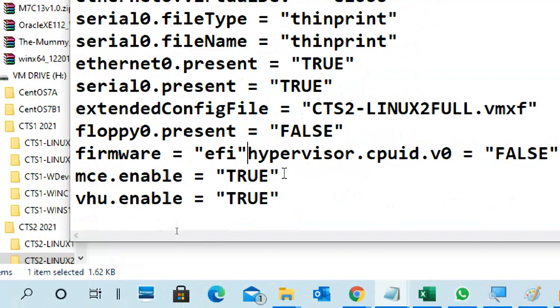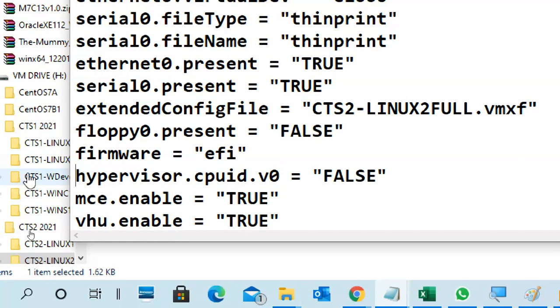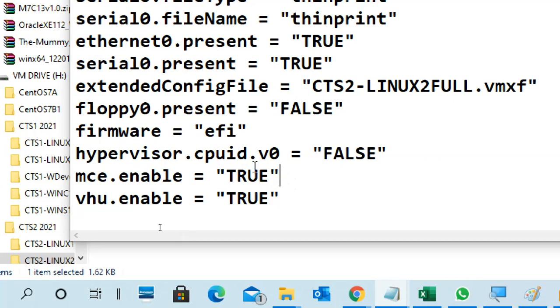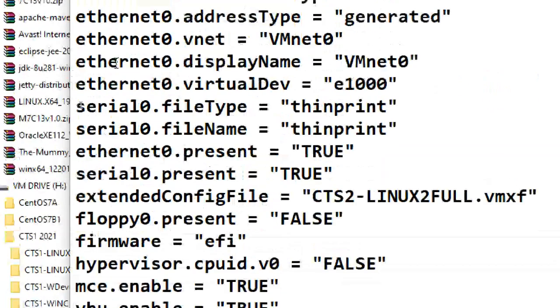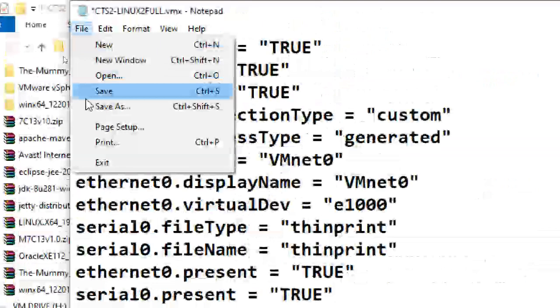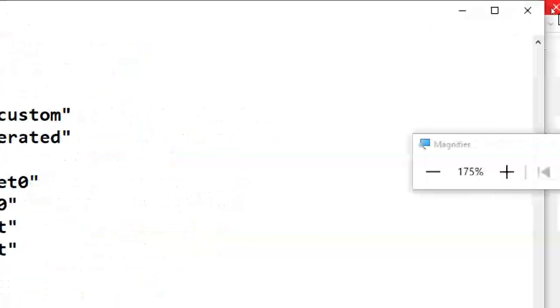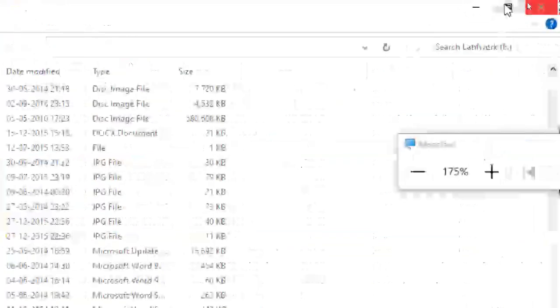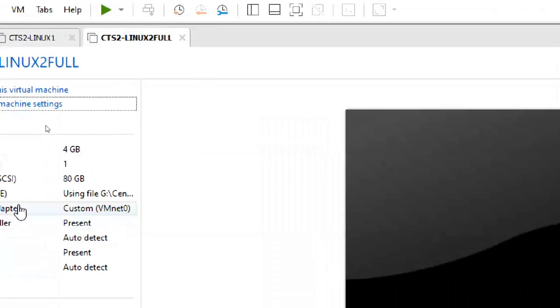Now it is something not good. Okay, now it is good. Nothing is missing. Okay, the 3 lines are done. Save it, close it. Minimize or close, nothing.